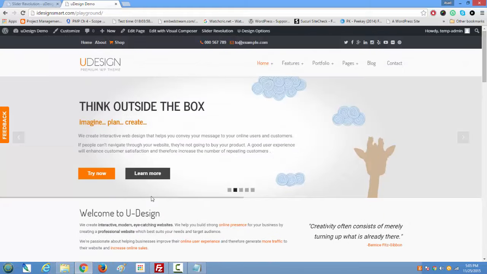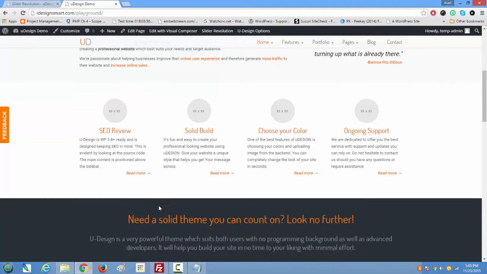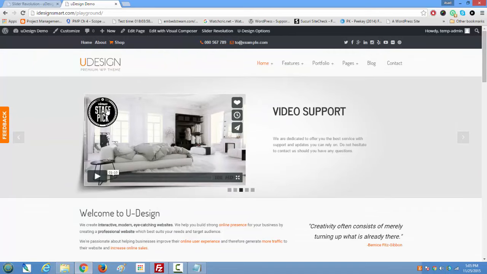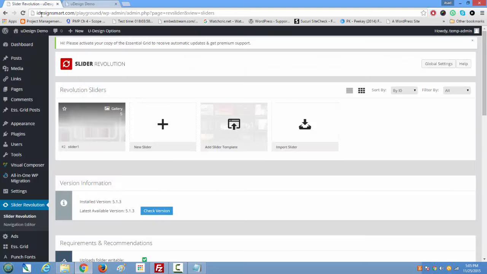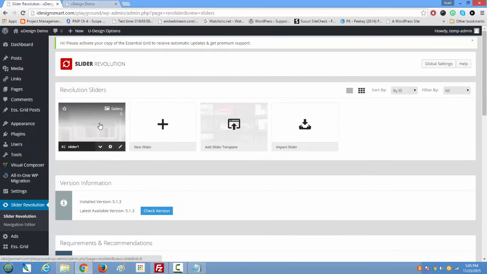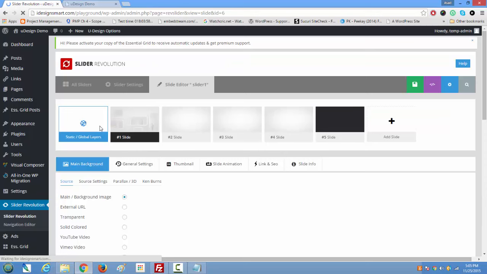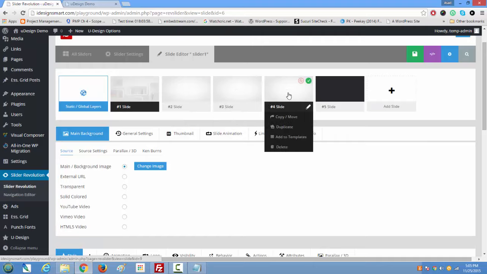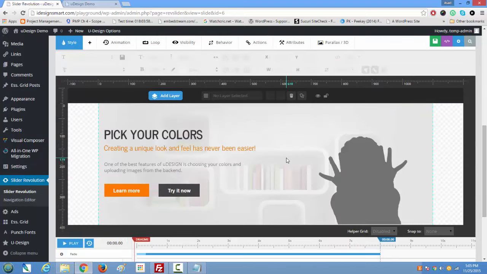So now we can jump right into the page design and how you can come up with layouts. First, I will show you quickly how to edit the slider and how you can change things over there. This is the slider that we are using. We only have one right now because we just imported one and we haven't created anything else. And it has like 5 slides, slide 1, 2, 3, 4, 5, and this is the slide that is being